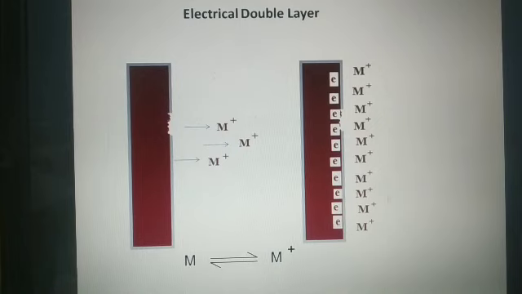Whenever electro-osmosis takes place, which we have just discussed, that whenever we apply a potential difference to two solutions which are separated by a membrane or a diaphragm or a porous material or a set of capillaries, then there is a flow of the solvent from one side to the other side. That forced flow is termed as electro-osmosis. So whenever electro-osmosis takes place, the solvent crosses the electrical double layer. Let us discuss it in detail.